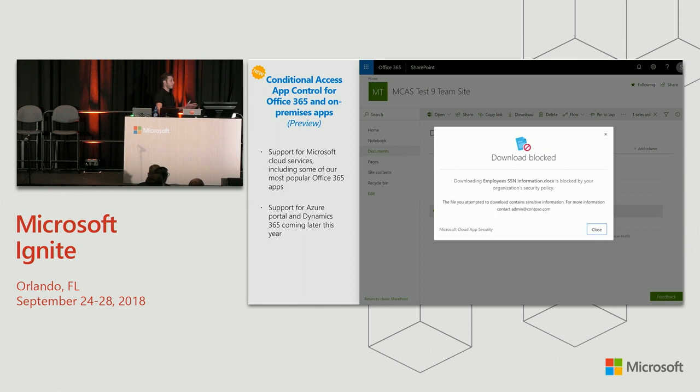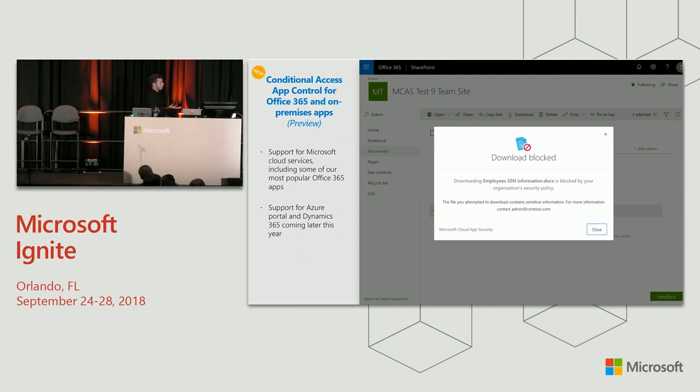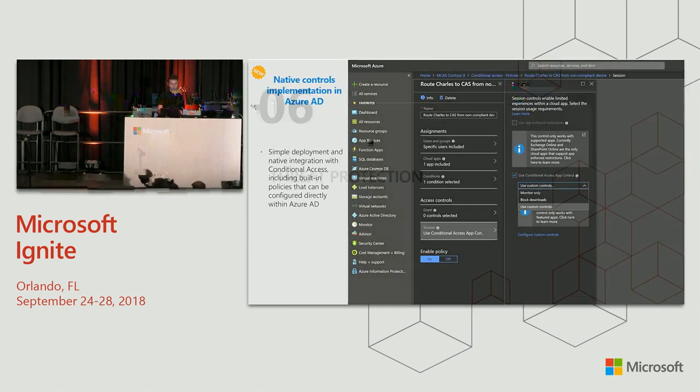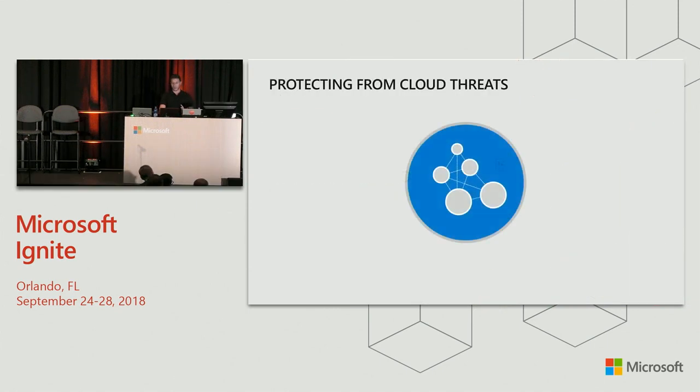Okay, so just to recap, we showed the newly announced capability of extending these conditional access app controls to Office 365. Another thing that I didn't show here in the demo is that we also support now on-premise applications using our integration with AAD App Proxy. So any on-prem application that is being published to the cloud with AAD App Proxy, we can also have these additional conditions and controls on these applications, and also the ability to do this configuration very simply within Azure AD.